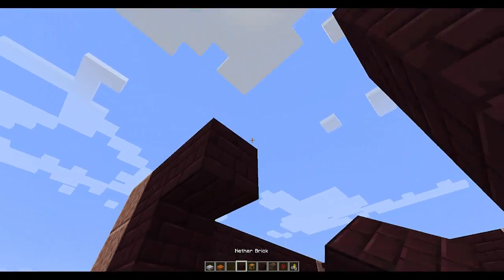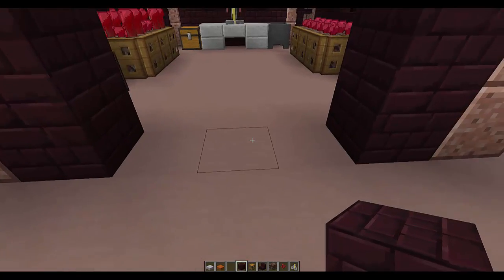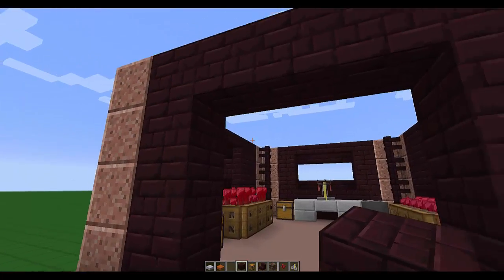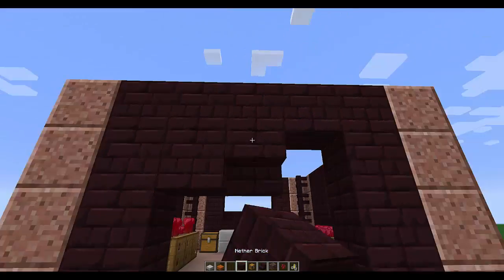All right, let's come across the top here. And how do we want to do our entranceway? We could do a big open door. We don't want to do a double door or triple door. That could look silly. I don't want to go so crazy as to have a piston door in here. But I think if we just do...